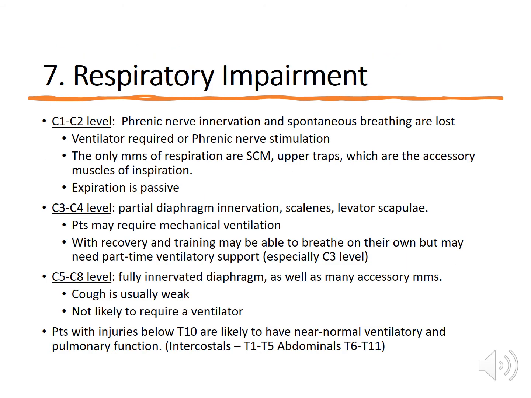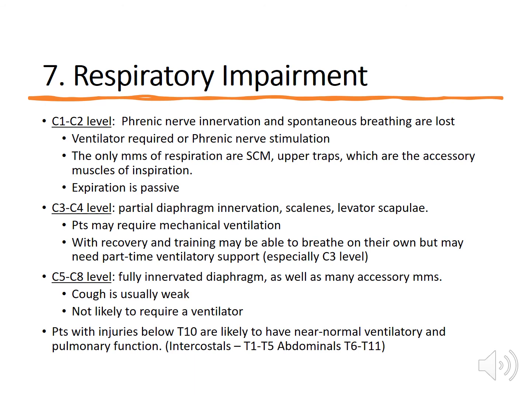All right, so on this next slide, we're going to talk about respiratory impairments post spinal cord injury. For the most part, we talk about the C1 through C8 level because these are the levels that include the diaphragm, and that's what we're looking for, the diaphragm and the accessory muscles, to see when they start being innervated. This innervation is going to produce the motor response for those muscles. So therefore, the patient may be able to breathe on their own, may need a ventilator. All depends on the level of the injury.